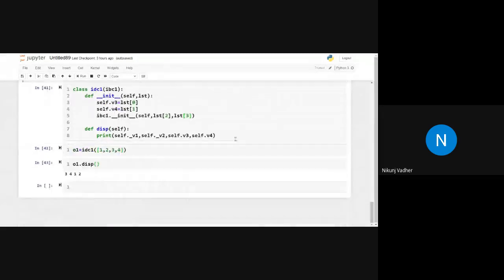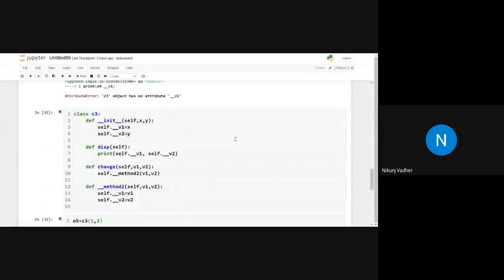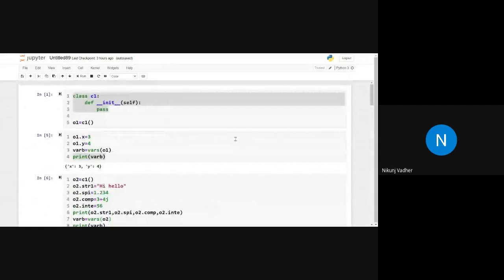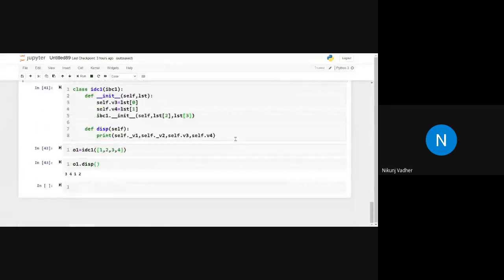I think in the morning session we have discussed the various fundamentals of object-oriented programming, and a few more methods that we are going to discuss in today's lecture. So, with this regard, let's move forward with one more example of object-oriented programming.